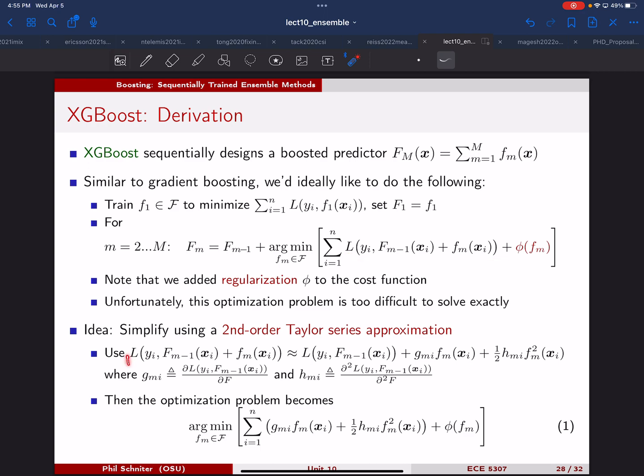So it's basically saying the loss evaluated at capital F, which is what we know, plus this little f, which is something we're trying to design, can be approximated by the loss just at the capital F, plus the gradient times this perturbation little f plus the second derivative